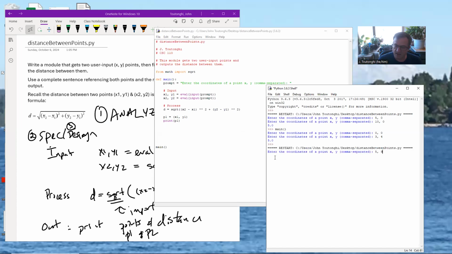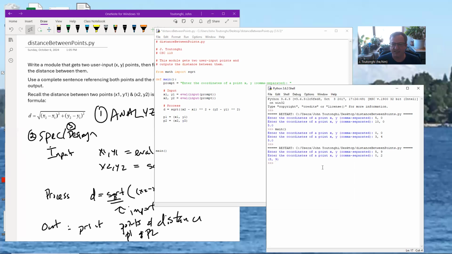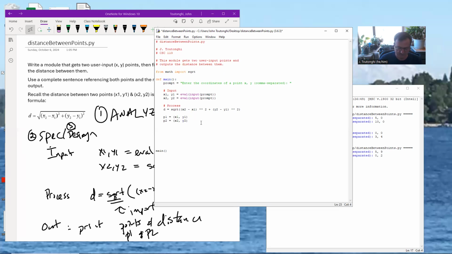Let's go with 5, 9 and 0, 2 as my points. And it did print this as a point, 5, 9 with the parentheses and the space between them. So that's what I wanted to do. And I want to define P2 to equal the point x2 comma y2. And this is just going to make my print statement a little easier. And notice that Python created them as a string here. So it's nice because I can now just print my output,